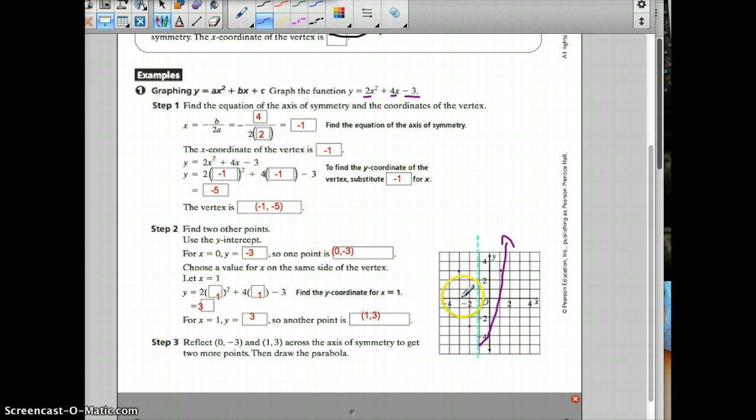And if you plugged in negative 3 for your x value, guess what you're going to get for your y value? Positive 3. So here we can see the other half of our graph. You can also check these points by plugging your equation into your graphing calculator. Go to your table of values, and hopefully you'll see those